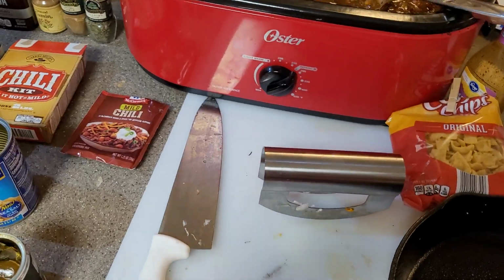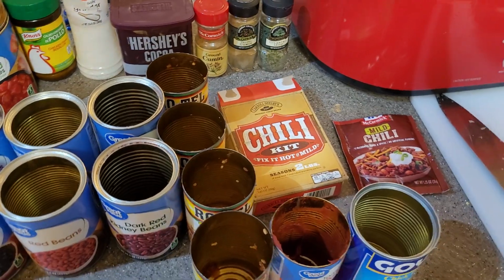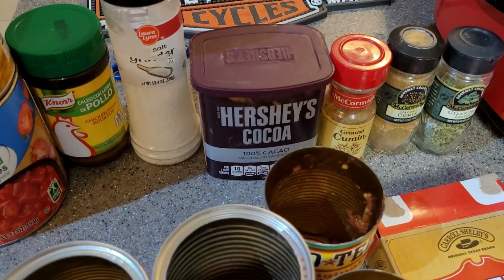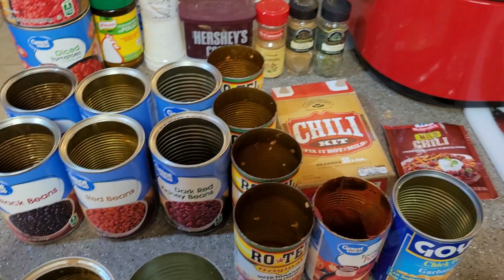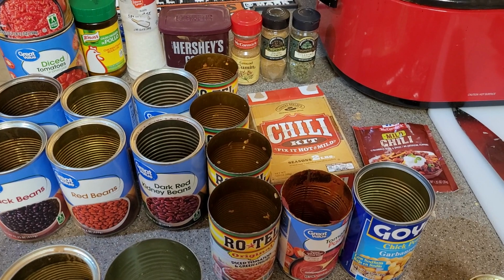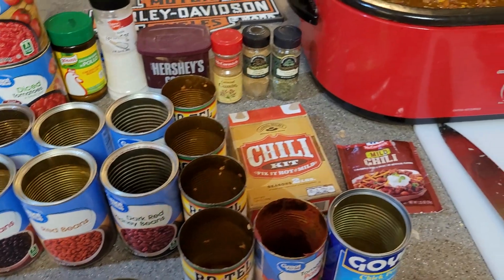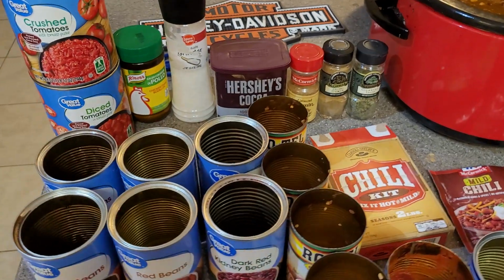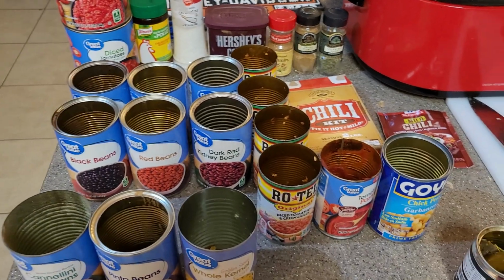Yeah. Then for spices, on top of the chili powder, we're gonna do three tablespoons of cocoa powder. And we're gonna do 1 tablespoon of ground cumin, 1 tablespoon of coriander, half a cup of fresh cilantro, 1 tablespoon of cinnamon. I think I did 2 tablespoons of cinnamon because I like cinnamon in it. 1 tablespoon of oregano, 1 teaspoon of garlic powder,